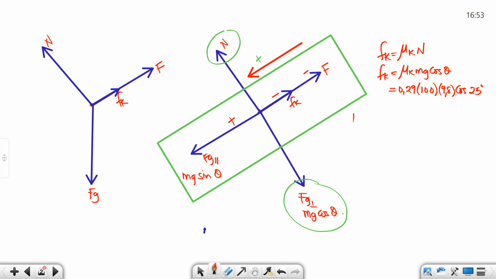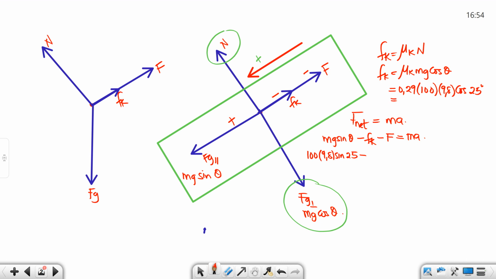So now, can we write our Fnet? Our Fnet equals to what? MA. Which forces are we using? The three horizontal forces. All right, let's start with the one that is positive. mg sine theta minus friction minus applied force equals to what? MA. Can we substitute everybody? What's our M? It's 100, 9.8 sine 25 minus